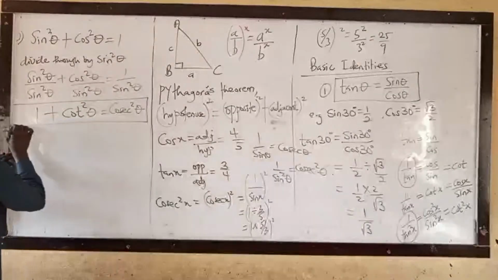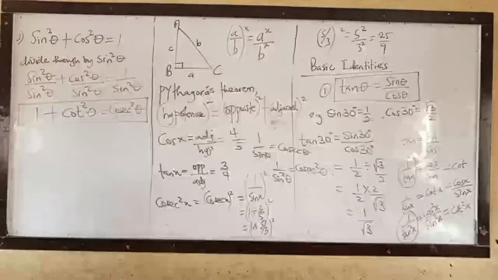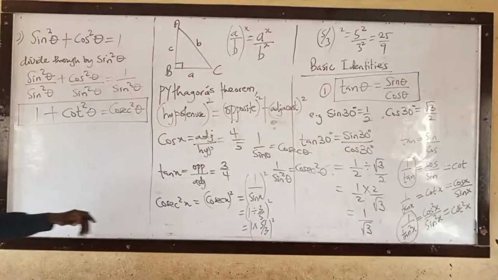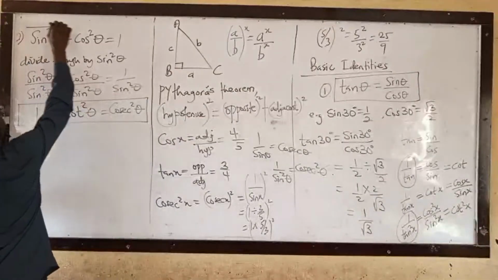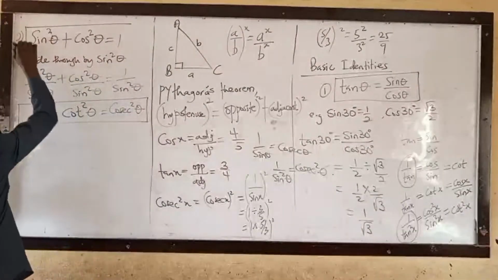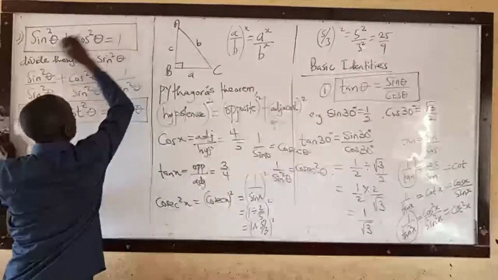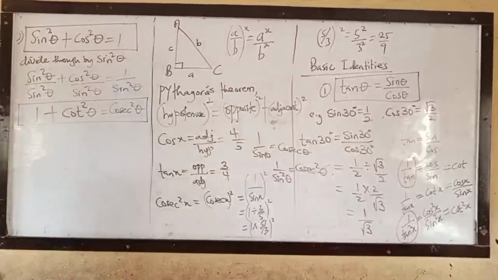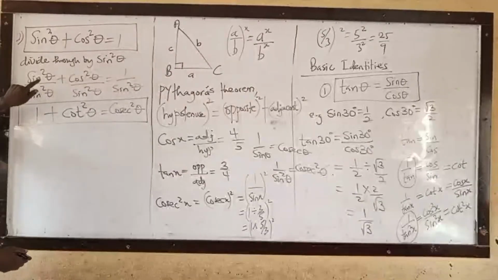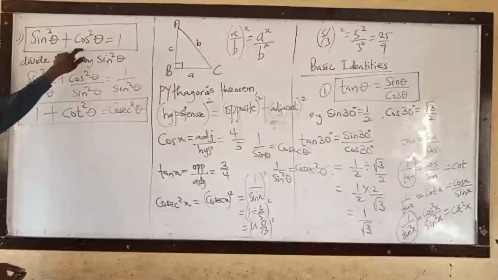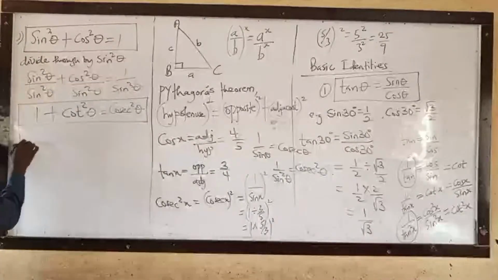Basic identity. We have 4 of them. So this is the first one. This is the second one. This is the third one. Let's go for the fourth one. I will still divide by what? You know I use sine. Let me now use cos to divide. So divide